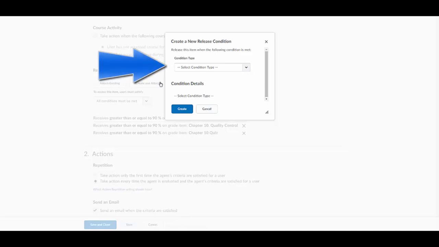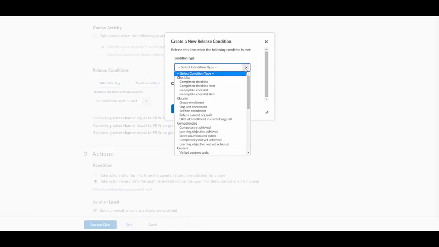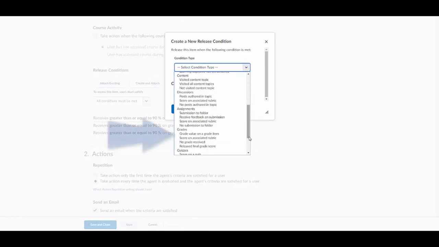Clicking on Create and Attach brings up a dialog box. Currently, its only option is condition type, but many more things will be added to the dialog box based on your selection. There are a lot of different options, as you can see. Mostly, I will leave these for you to explore. Most of my agents are based on either no grade received or graded value on a graded item, which we